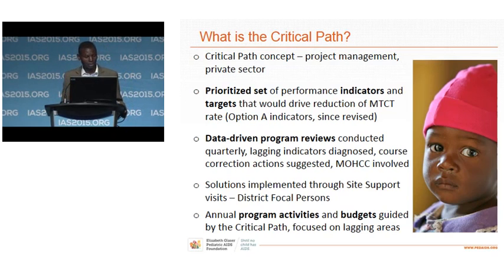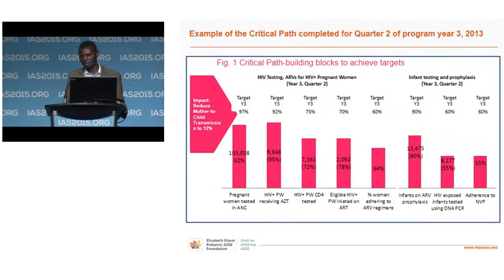I mentioned also that in the process of those discussions during program reviews, some solutions would be suggested for any indicators that would not be performing well. So we would term such solutions course corrections. And in this slide, we are sharing an example of such course corrections, specifically on one indicator, which was HIV